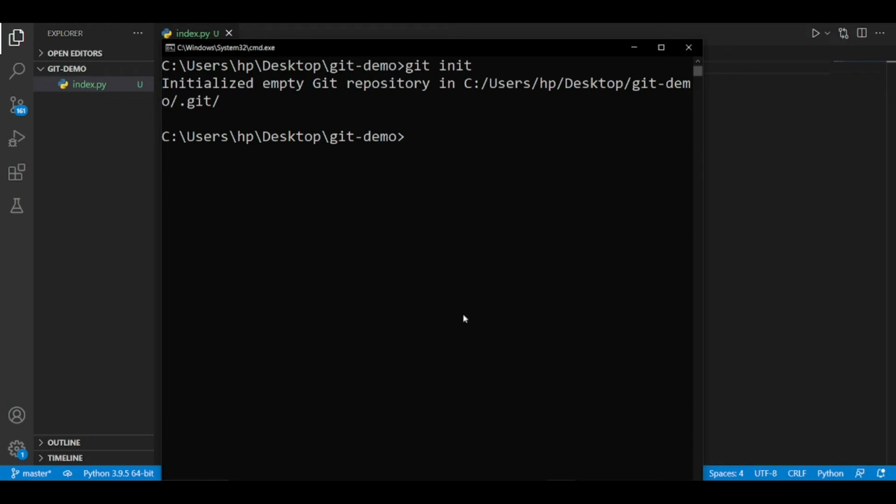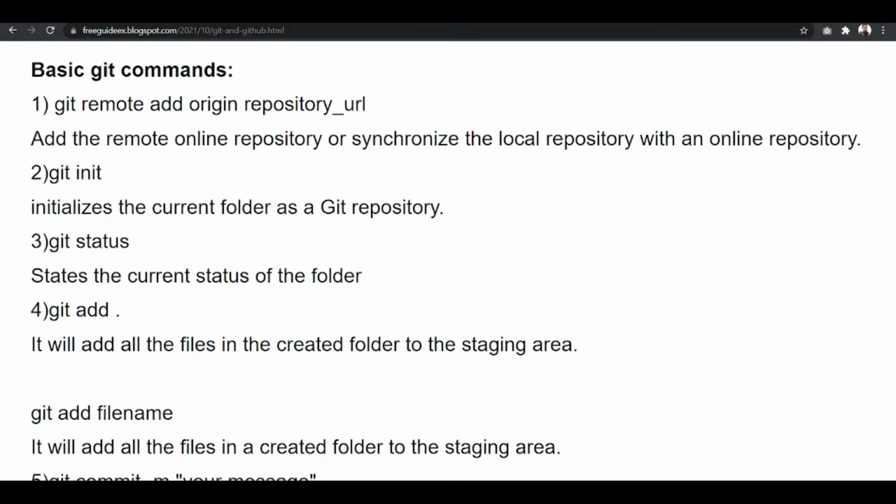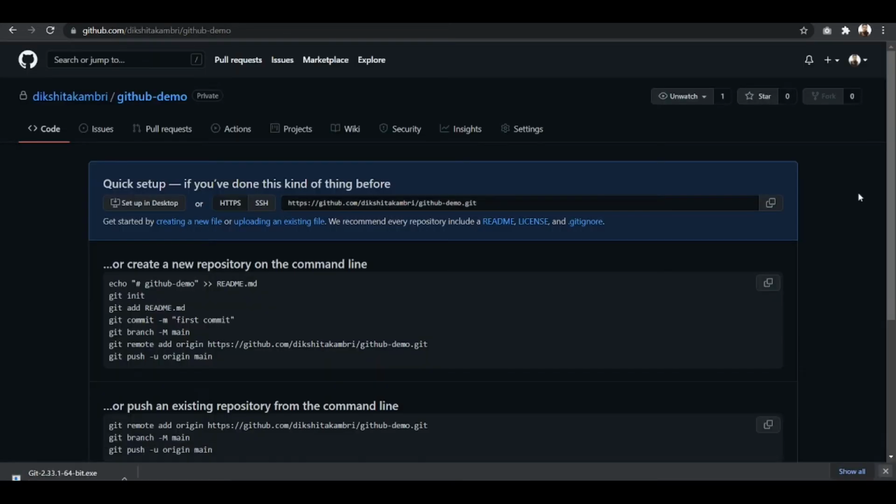So we need to connect, or link, these repositories. To do that, we are going to use the command git remote add origin, and then go to your online repository which we have created some time before.